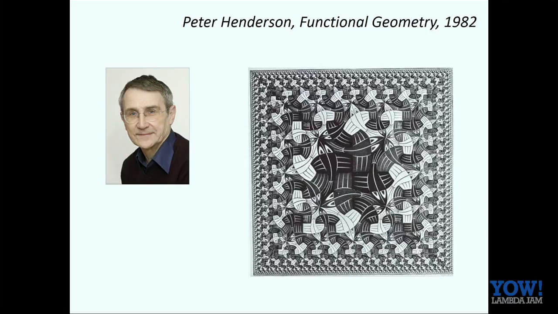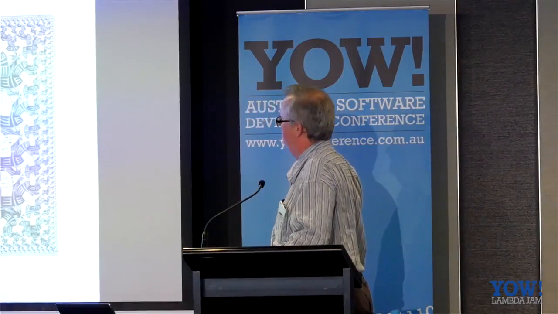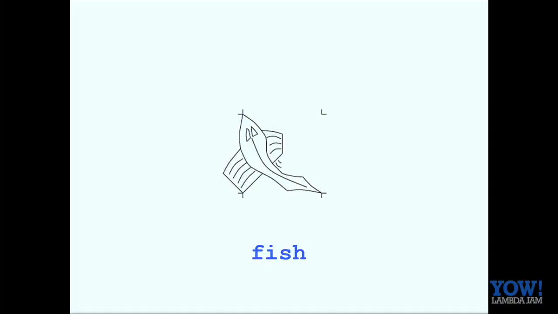So he wanted to be able to produce this picture. And in those days, if you wanted to do graphics, you had to draw pictures on a graph plotter. There was a piece of paper, and the plotter would pick up a pen and draw on the paper for you. It was very time-consuming. And you had to program those plotters by sending commands to tell the pen which way to move, very word at a time. Peter didn't want to do that, of course. He wanted to work with whole values, pictures, like this fish, for example.